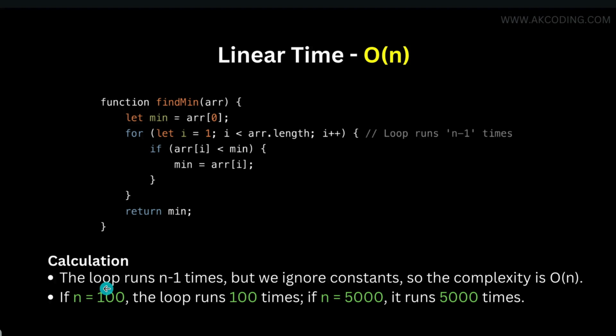Here in calculation you can see the loop runs n minus 1 times, but we ignore constants, so the time complexity is O of n. If n is 100, the loop runs 100 times, and if n is 5000, then it requires 5000 times. Moving forward,